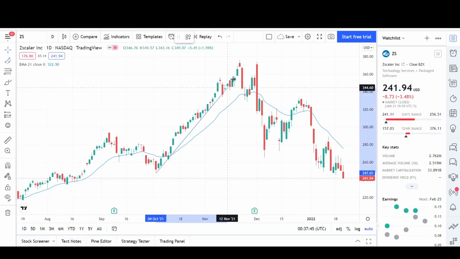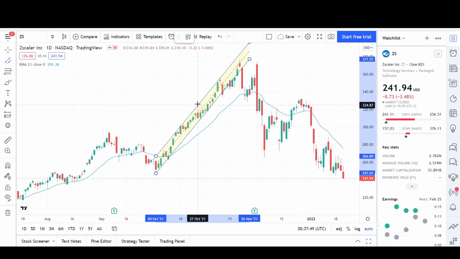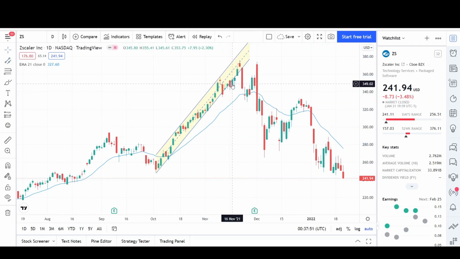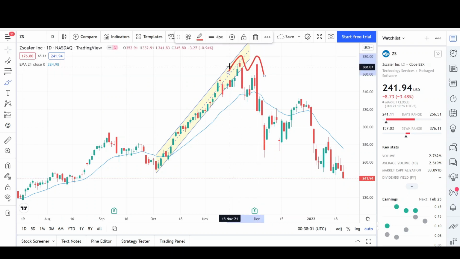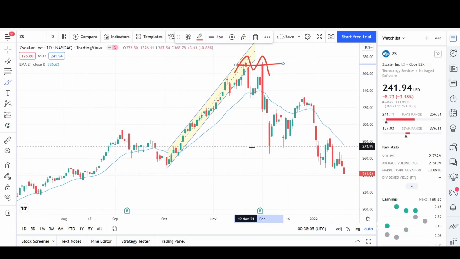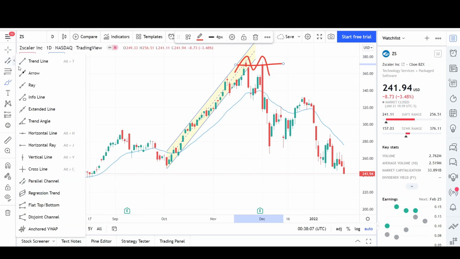You can see that this was the uptrend right here, and then price action had a breakout right around over here. Back in November, there was a move to a new high. Prices sold off, price action came up again, could not go past the previous high, made a little double top reversal pattern, and started selling off. So we're seeing a lot of selling. You can see that price action sold off